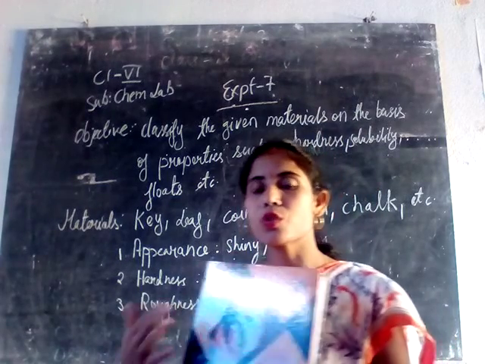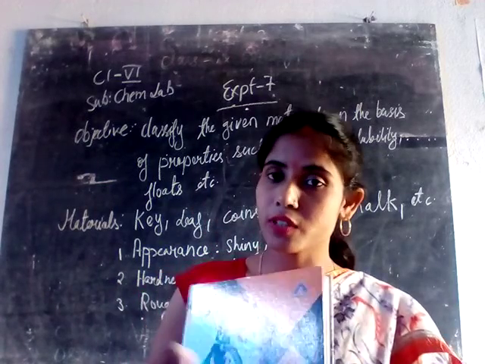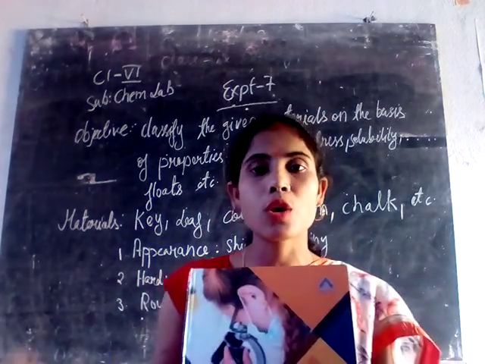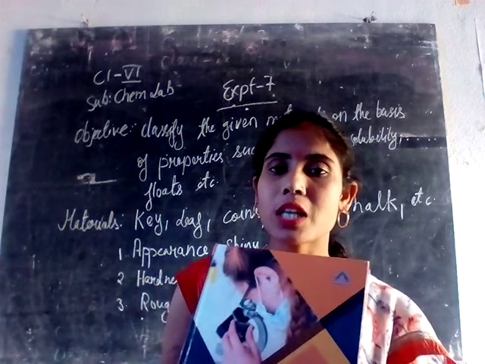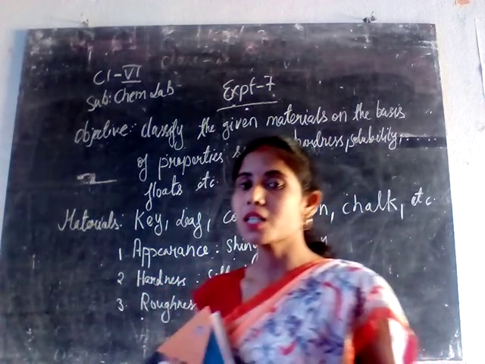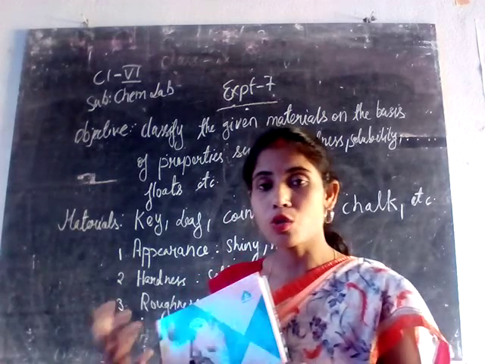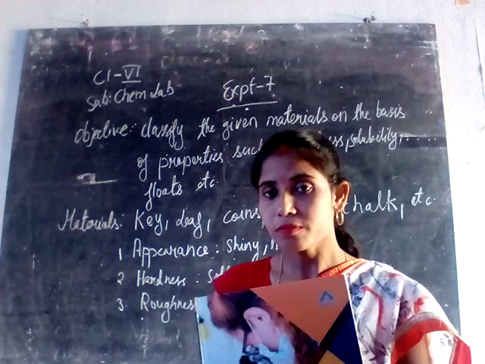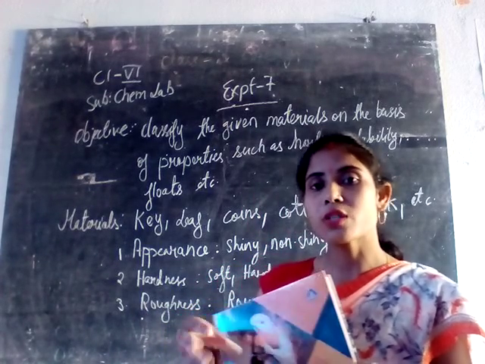We have to check whether the elements, there are many elements which are hard in nature, soft in nature. Some of the elements sink in the water, some float on the water, based on their masses. Those materials which float on the water have less density than the water, and those which sink in the water have more density than water. Like wood floats on the water because it has less density as compared to water. Then metals like nails and keys will sink in the water.